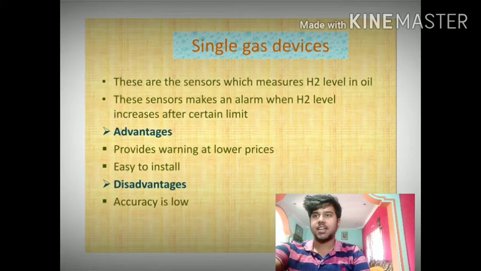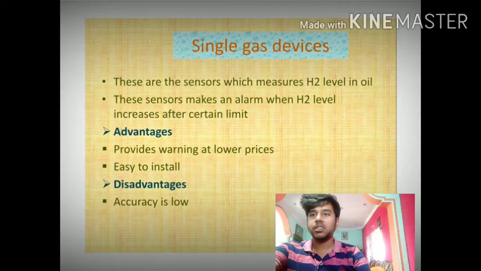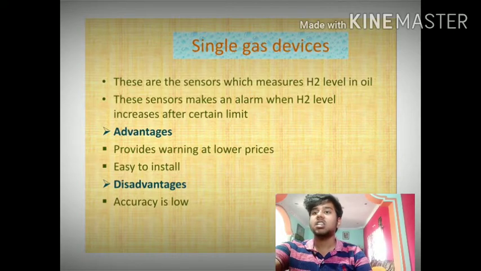Coming to single gas devices. Single gas devices are also called single gas sensors. They usually measure the hydrogen levels in the transformer oil. We know that hydrogen is the lightest gas compared to the other gases, so it is easier to break down the hydrogen molecule even at lower temperature. The generation of hydrogen gas can indicate most major faults including partial discharge, thermal degradation